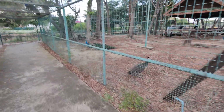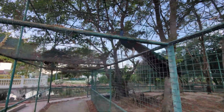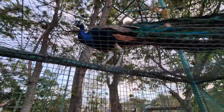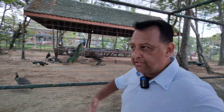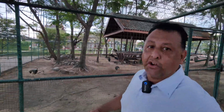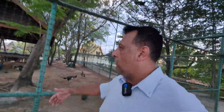Now let's see what's in these cages. Peacocks. Some of the most gorgeous animals on this planet. Oh, you saw that, right? Wow. I didn't know they can do that. Look at that. Gorgeous. These animals have this thing that they do where they raise their wings. And it's called peacocking. And I'm just worried he's gonna pee on me. And the whole purpose of that, it's like a little mating ritual. You know, whoever has the most beautiful feathers, the biggest girth,